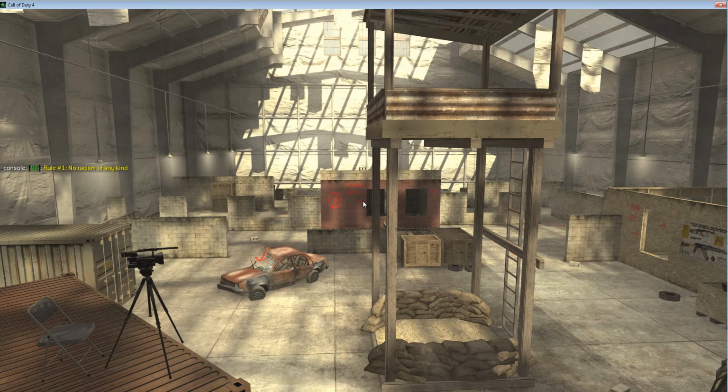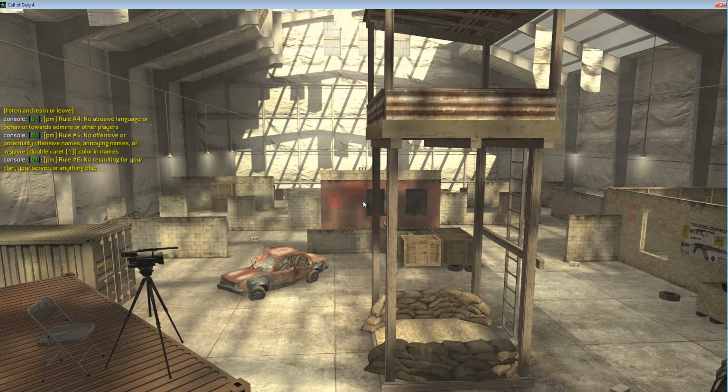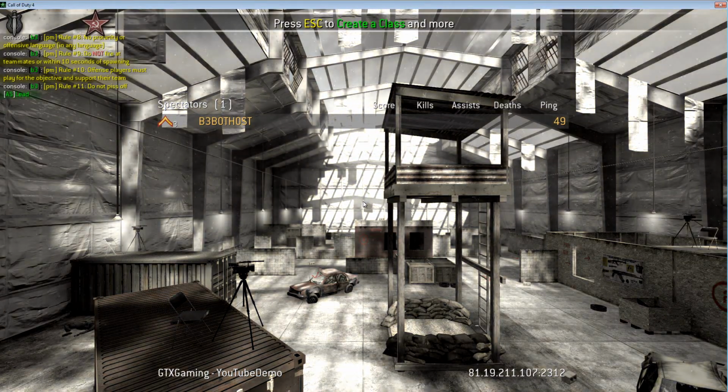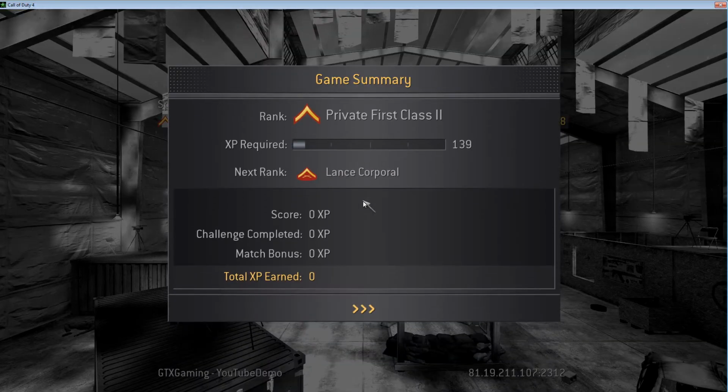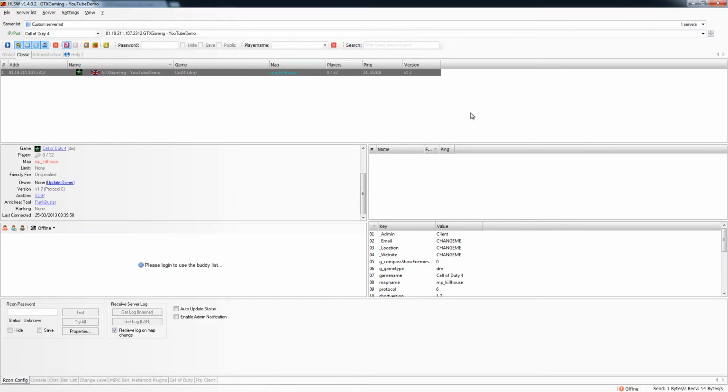Okay, so as you can see here now, the rules are starting to be printed automatically, because this is what is set. You can set all these rules yourself and the time in which they appear, but let's read them all now by just typing exclamation mark R. As you can see, the rules are starting to print out. Okay, so we verified that all that is correct and accurate, and now it's time to exit the server, and let's just review what we've done and anything else that I need to advise you. So we're just going to hit the X button on here,